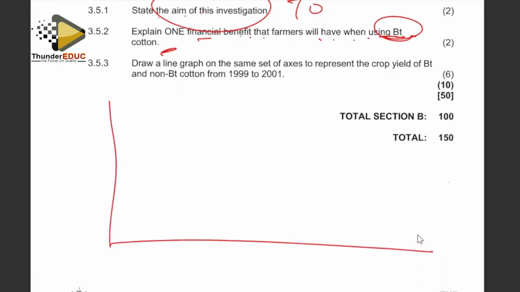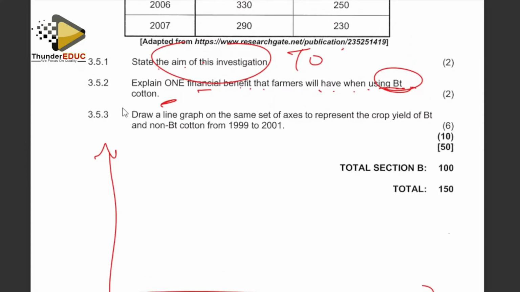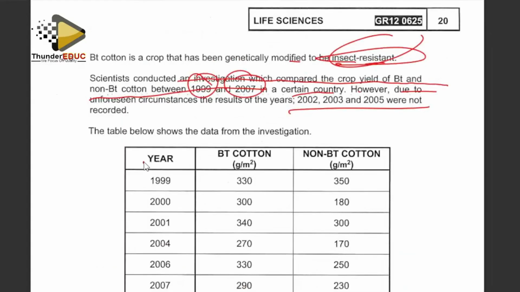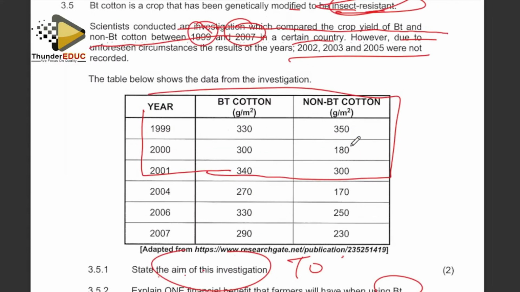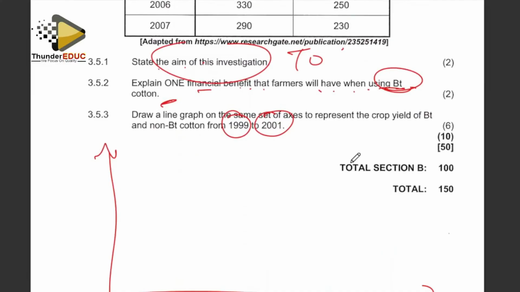Some people were drawing a bar graph. They said line graph, and guess what? Some of you didn't see this. They said from 1999 to 2001, meaning that you're supposed to draw only that. Some people did some mistakes. I see someone here saying that they did some small mistake. Yeah, so now we are saying that